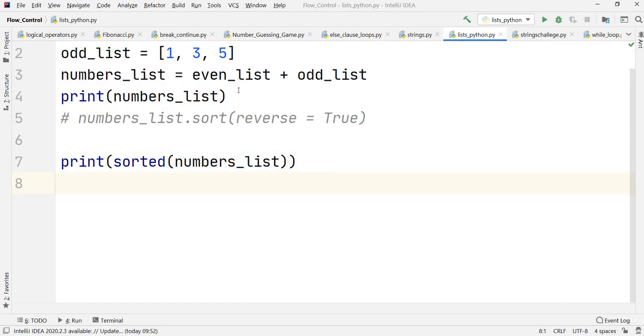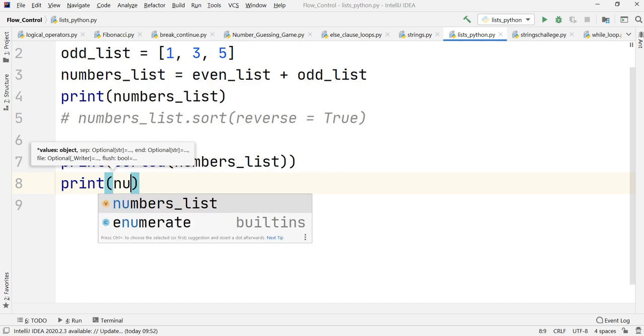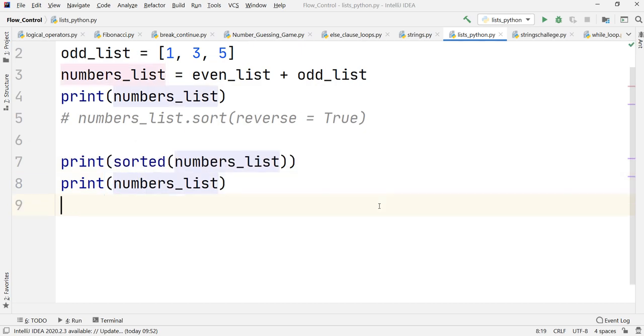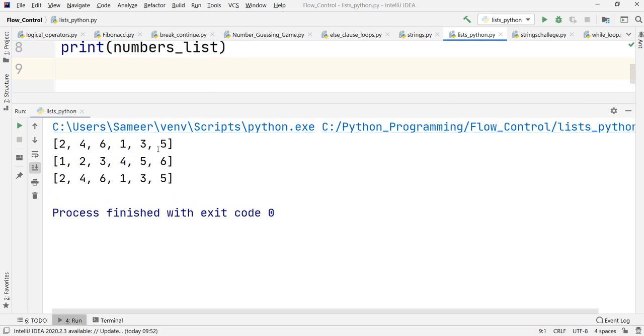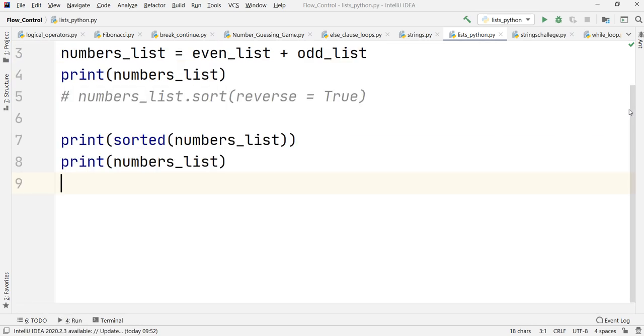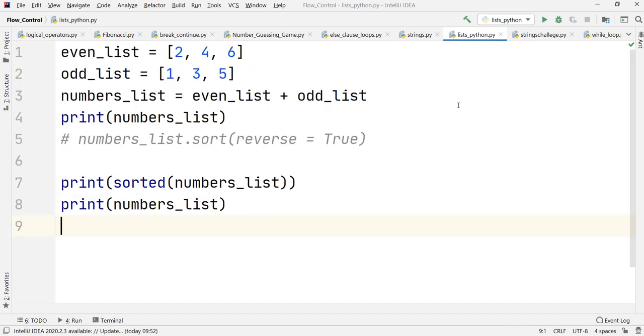Let us print out the original list, number_list, and if I run it, you'll observe that the original list which was there earlier has not been modified. The sorted function has just sorted the contents of the list, which was not the case with the dot sort method. Here it was modifying the original list.